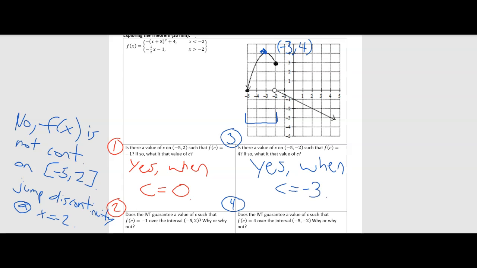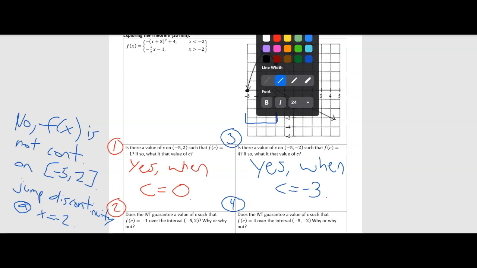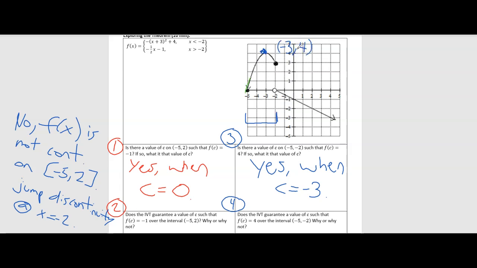So again, part 4 asks us to guarantee that using the IVT. So does the IVT guarantee a value of c such that f of c equals 4 over the open interval -5 to -2? Why or why not? So let's first check the initial conditions. Is the function continuous from -5 to -2, closed interval? Well, we can clearly see that it is, so that checks out. Now the second initial condition is that y value we're looking for. Right, so f of c, that L value, which is that y value, is that between f of a,